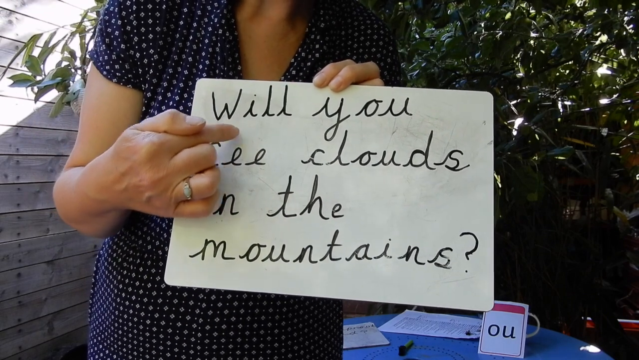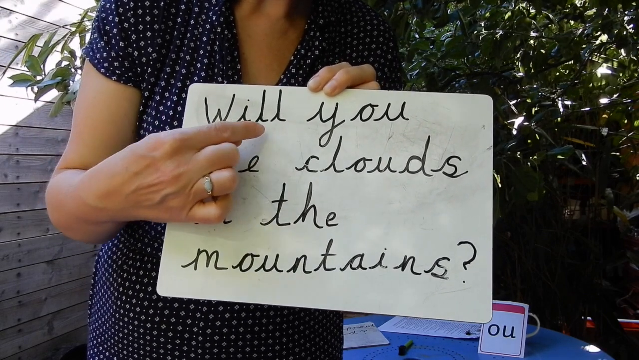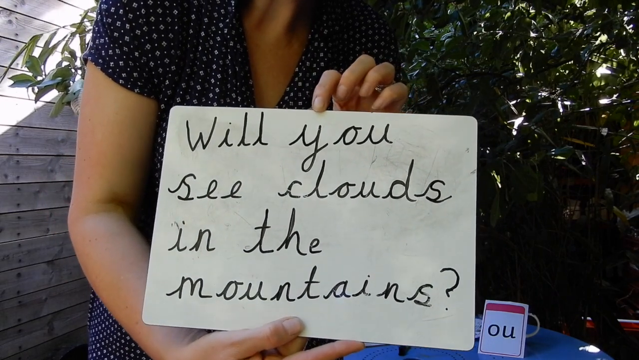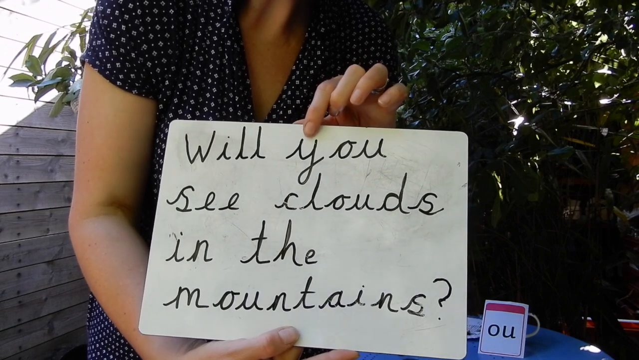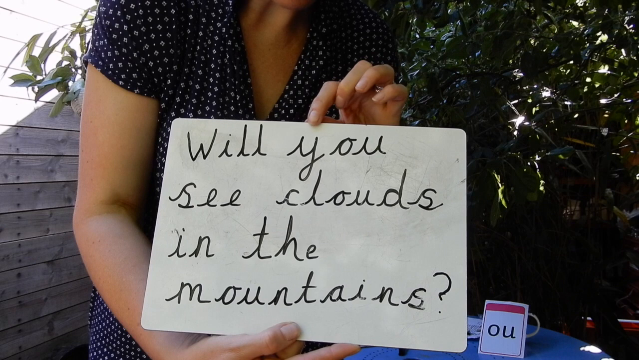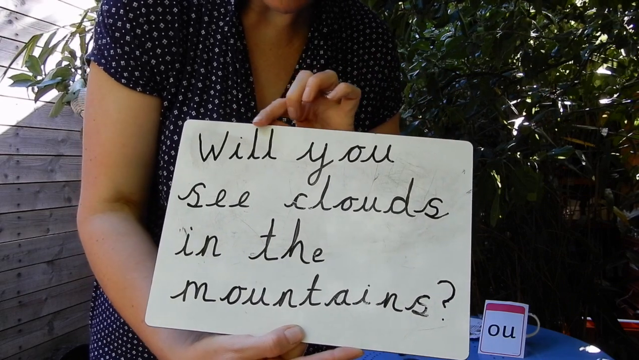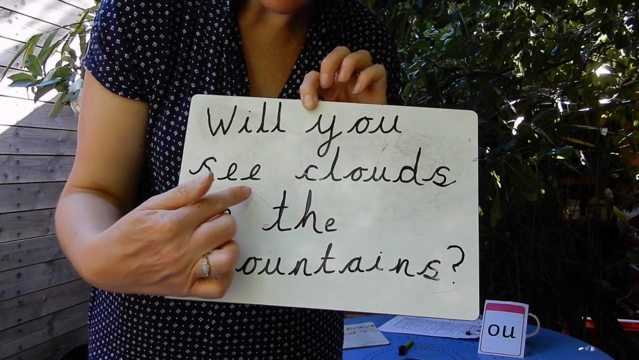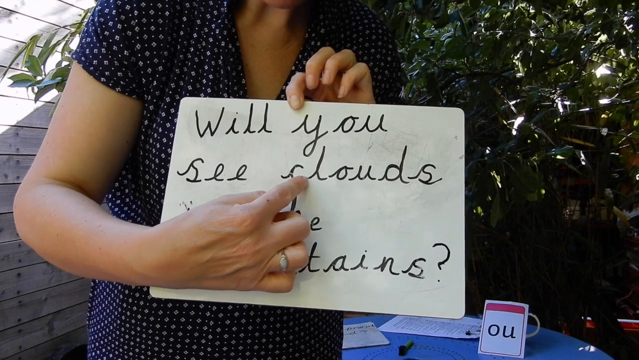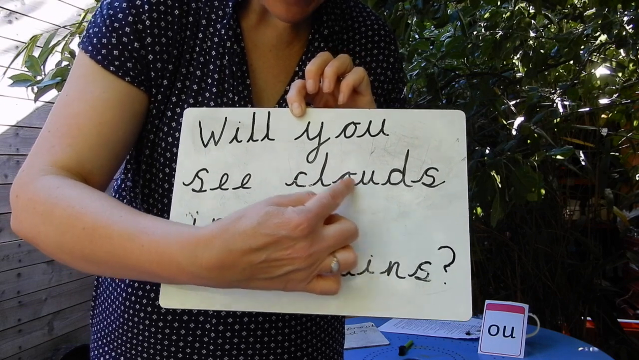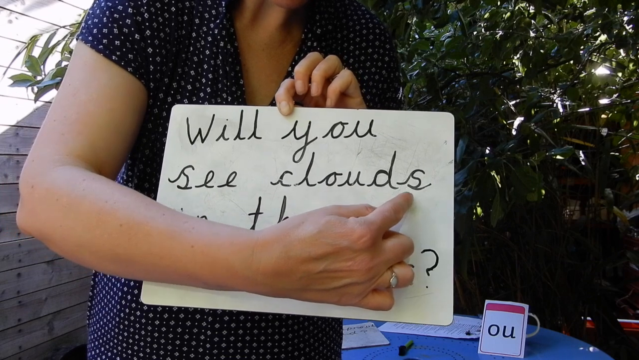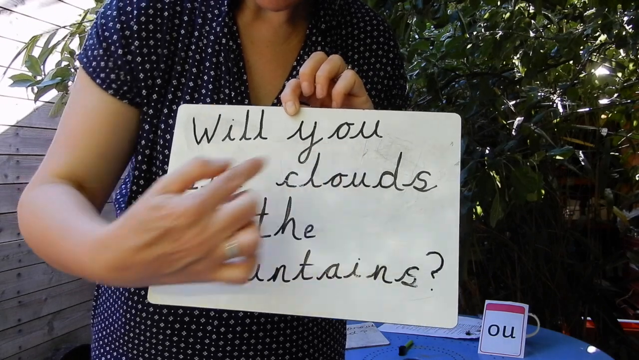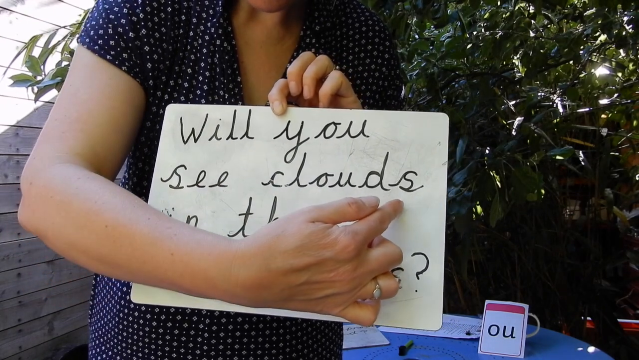I'm going to blend it. Okay, so will. This one here is a common exception word, so we should recognise it. This is helping you. This is making an oo sound. You. Will you see cl, sound of the day, ow. Clouds. Let's go back to the beginning. Will you see clouds